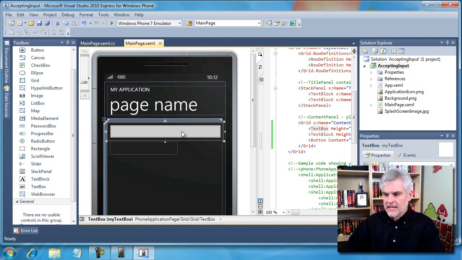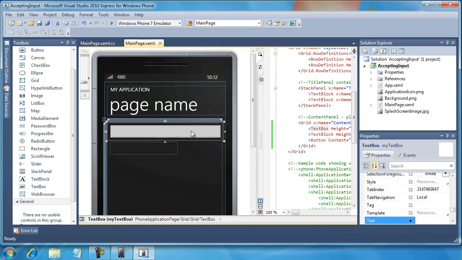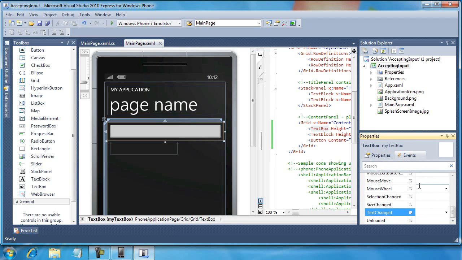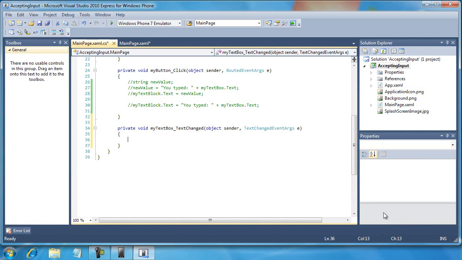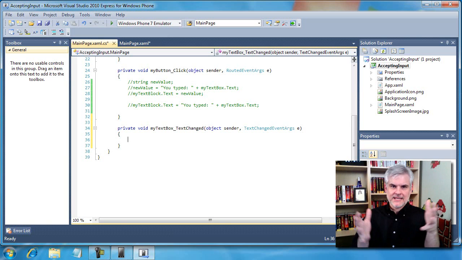So what I'm going to do is select the text box, and I'm going to go over to properties, and I'm going to use this events tab that's next to the properties tab we've been ignoring up to this point. So this will show me all of the events, or all of the activities, all of the behaviors that we can listen for within our applications. As you can see, by default, the TextChanged event is highlighted because it's the default event for this control. So I'm just going to double click in this property name area, not the value, but the name itself. Double click in that blue area there, and it too will open up and create a stub for us